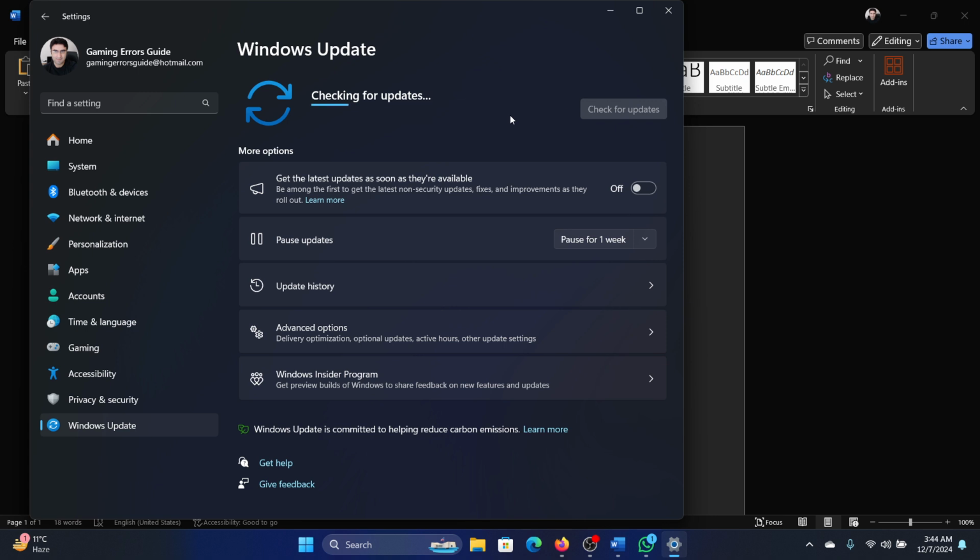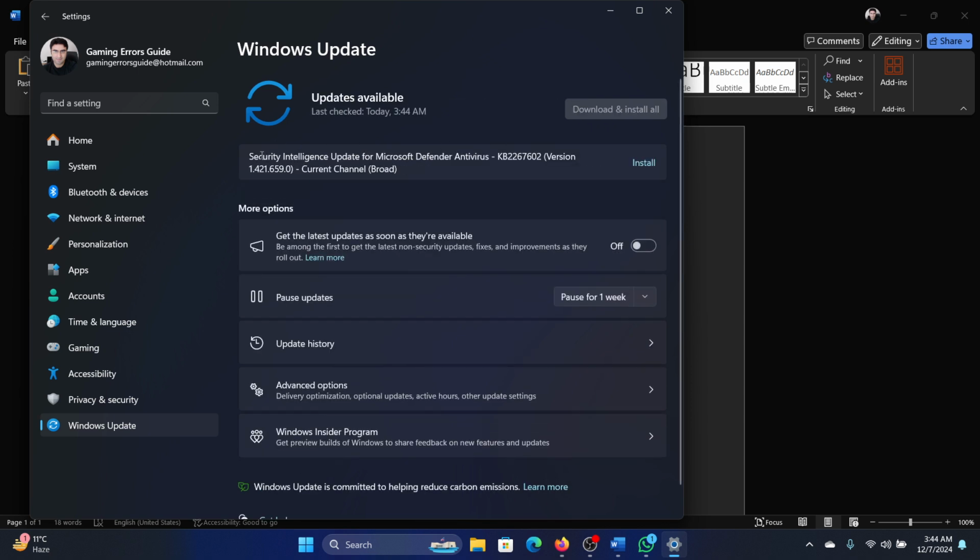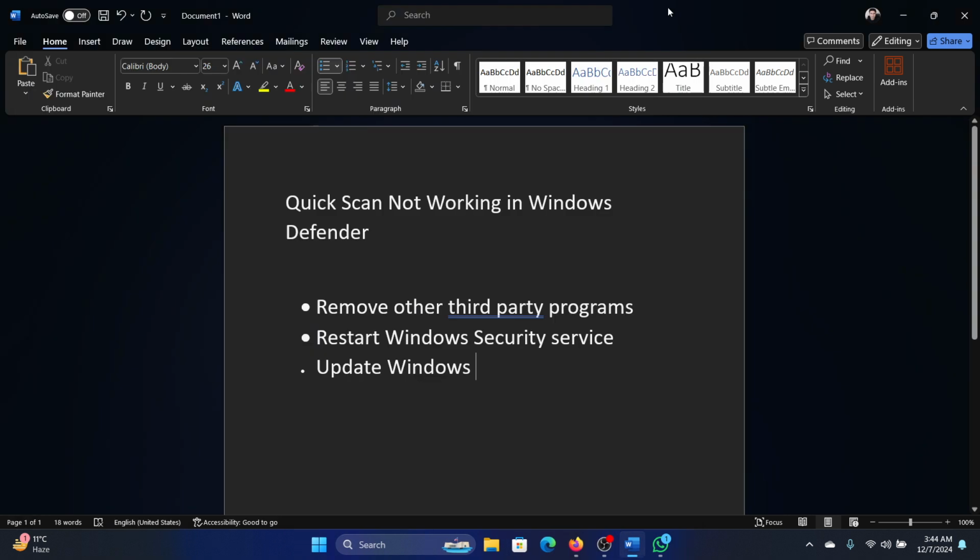And why are security updates important? Security updates are important because, like you can see, this is a security intelligence update, because these are the ones for Microsoft Defender or Windows security. And if they are not installed, then the quick scan will become meaningless. So you need to make sure that your system is updated to the latest version, and finally restart the Windows